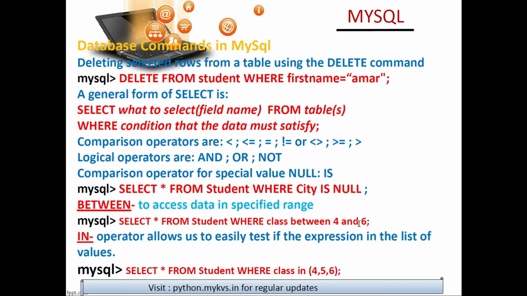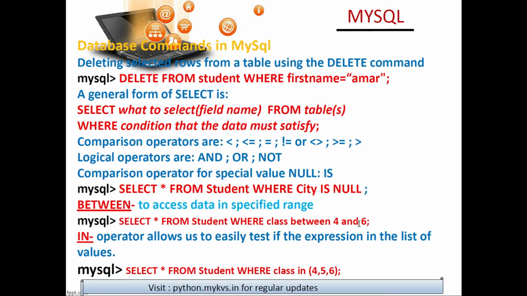Okay. So the general form of select is what? First of all, select, and then the field name will come, then the from clause, then the table name, and then the where condition. Okay, so whatever condition you are providing has to be satisfied. In that case, what will happen? The effect can be viewed or noticed on that set of data only. That is the purpose of the where clause.